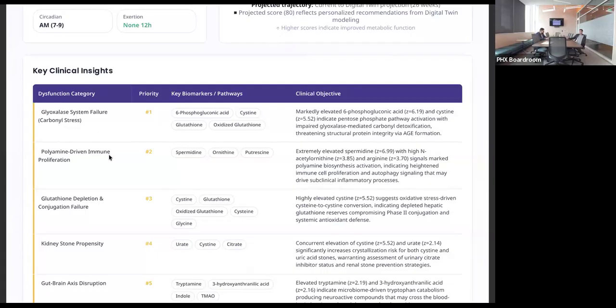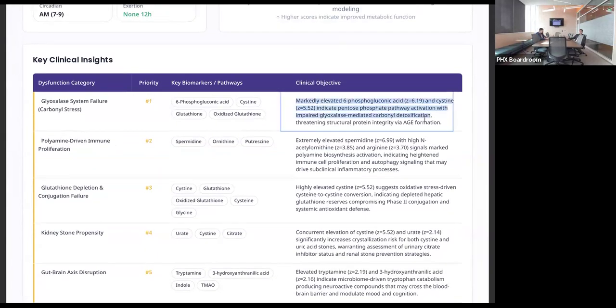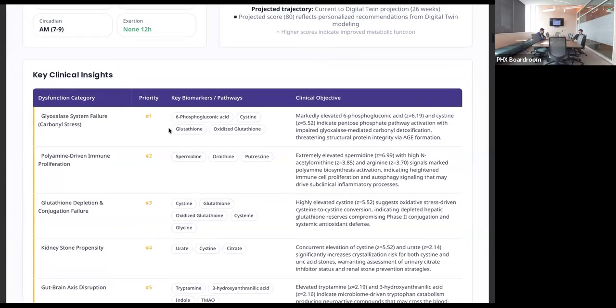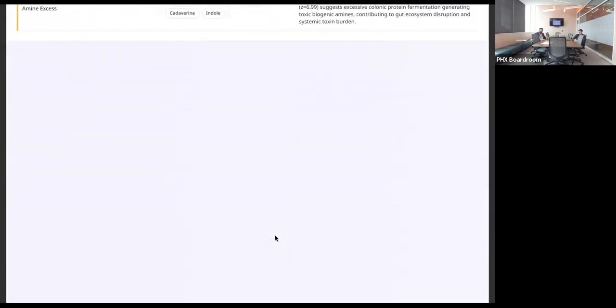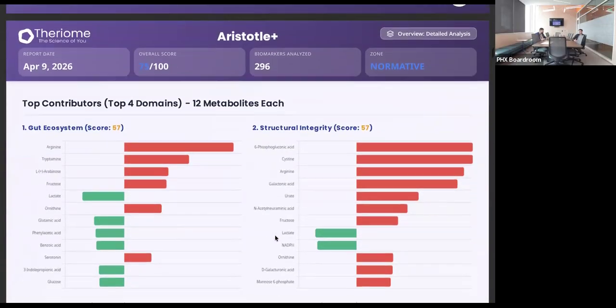In this instance, we have glyoxalase system failure, polyamine-driven immune proliferation, and we're going to tell you exactly what is going on, which metabolites we detected, what their Z-scores were, or roughly how many standard deviations they were from the normative reference, and exactly what enzyme, what end product, and what pathway this is affecting. We'll also give them in order of priority, as well as denote some key biomarkers. We have lots of training material that launched today, so I guarantee you all of this is going to be covered in depth